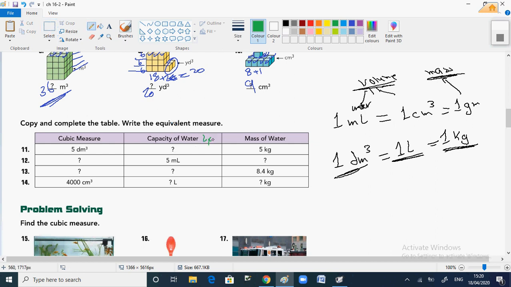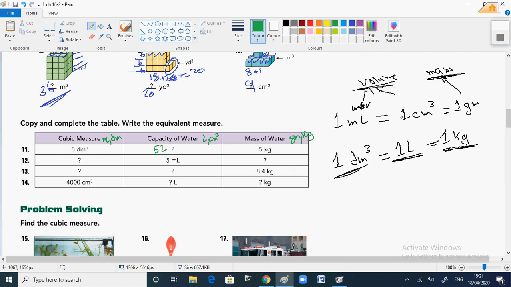Liter or centimeter cube. Mass of water, gram or kilogram. Cubic measures, milli or deci. Okay, so I have 5 cubic decimeter. That means 5 liters, and mass of water 5 kilogram. Okay, 5 milli